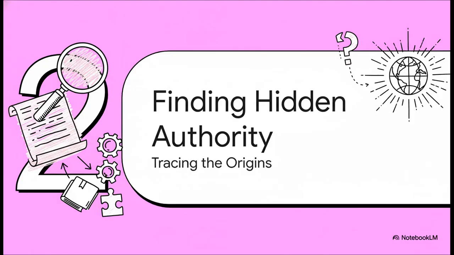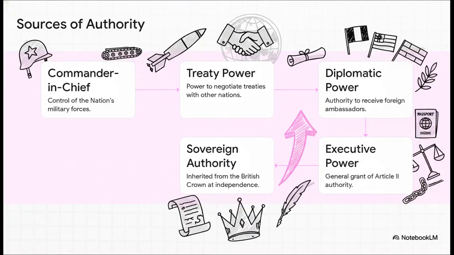All right, so if these powers are hidden, where do we find them? Well, the search takes us to 2 main places. First, some clues hidden within the Constitution's existing text, and second, a much bigger idea about what it means to be a sovereign nation in the first place. You can see a few sources here. The first few probably look familiar, right? Being commander-in-chief, negotiating treaties, receiving ambassadors. Then there's that kind of vague executive power clause. But the most important piece of this whole puzzle, the real game changer, is that last one, inherent sovereign authority. And that's where the story gets really interesting.